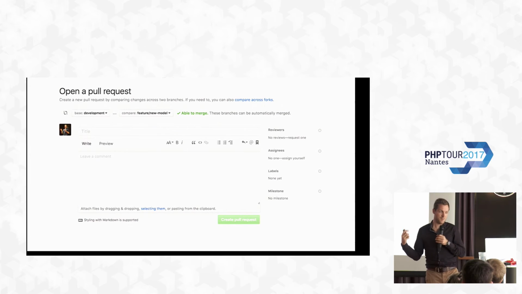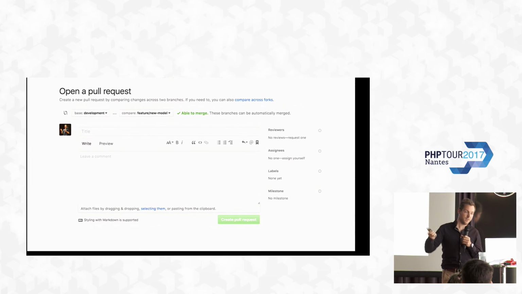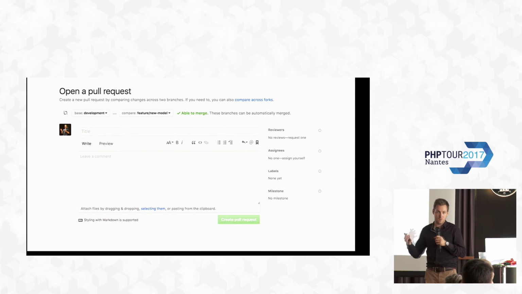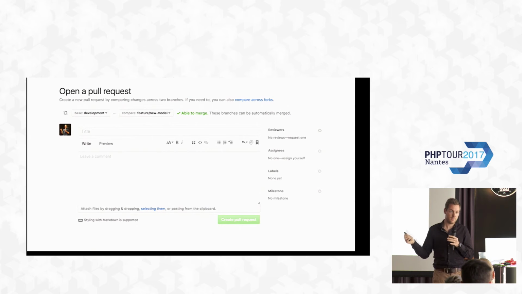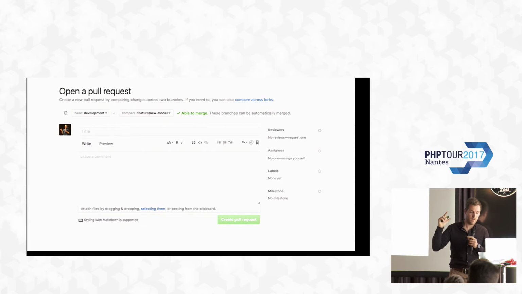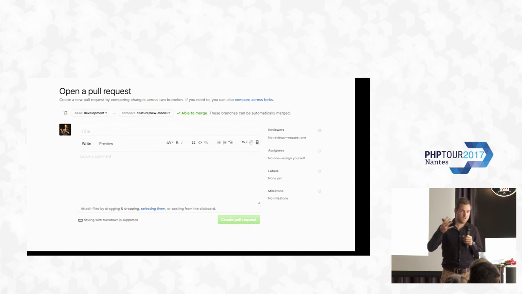You should add a lot of information there, like the link to the original issue, some description about what you did, some thinking logic, why you created this code this way. Add the changelog maybe: what has been added, a CLI command has been added, or an endpoint has been added, or maybe something has been removed. That you can put in a changelog. So yeah, describe some decisions, describe some design patterns you used,